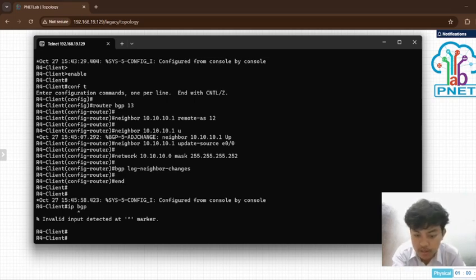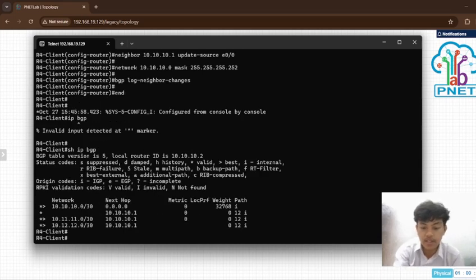Oh, I'm sorry. Show ip bgp, and that shows the connection.